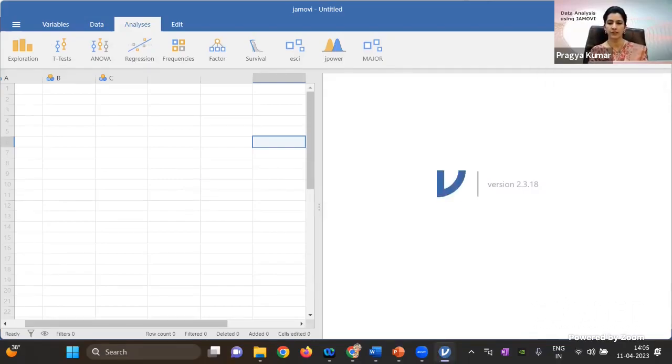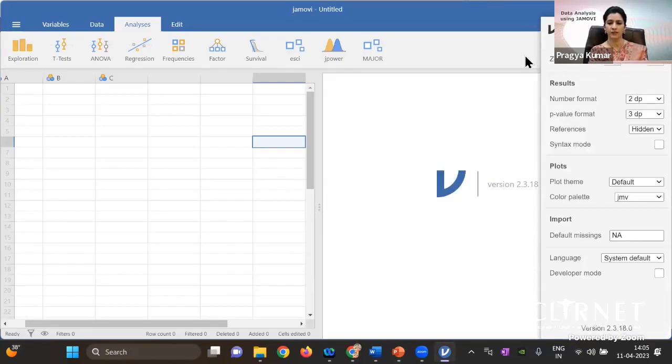If you click this, you can see that this is the number format. So it gives you 2 decimal points. Your result will be up to 2 decimal points, or if you want significant figures up to 3, 4, or 5 decimal places it also gives that, but by default it is 2 decimal points. For the P value, it also asks up to what precision you want it. Then you will see references. I have kept it hidden. If you make it visible, the reference of Jamovi will appear in your result. And then if you click on the syntax mode, the command will be written. So let me first